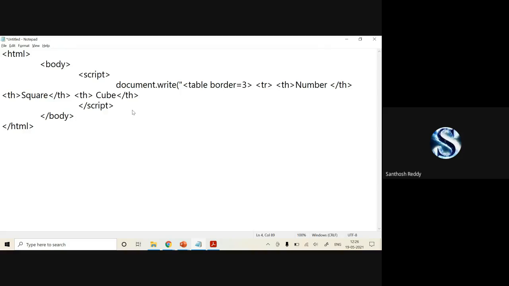TH. Okay, this is my first table row, which is required for displaying the headings. So now I'll close my TR. This is the first one. This is done. Now what do I have to do? I have to extract the values, perform the square and cube, and then display it. So here I'll be using